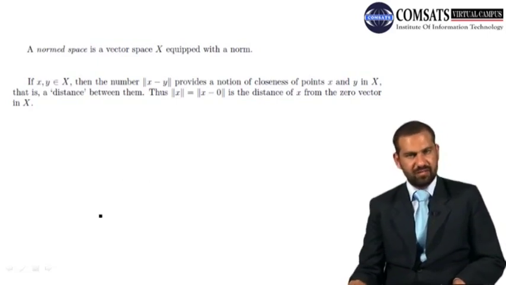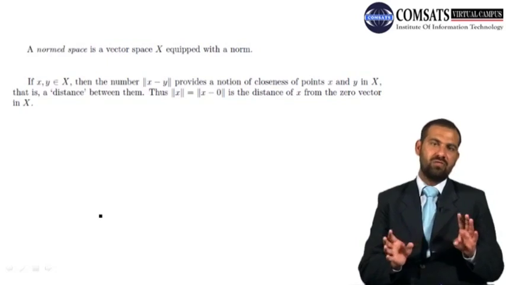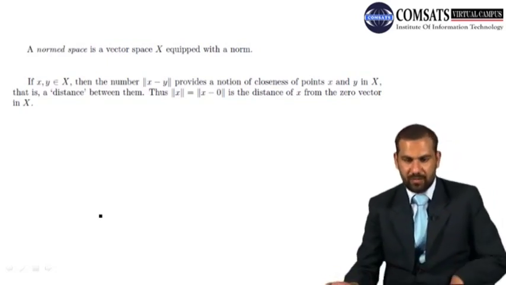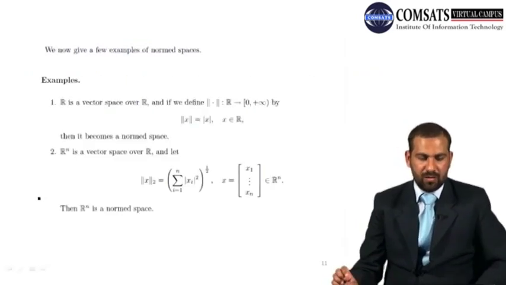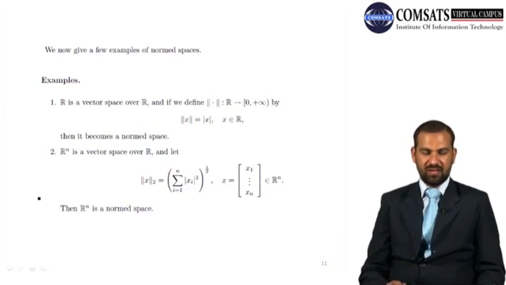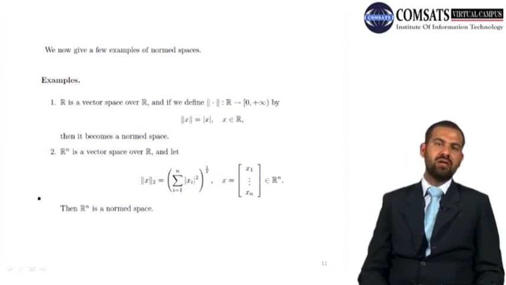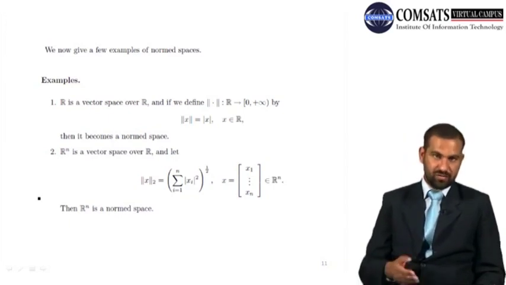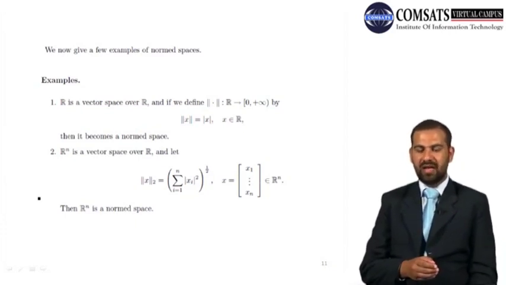Literally we describe the metric space and see how the norms and metrics will be merged together and some of their beautiful characteristics. Now we discuss some examples on norm spaces. The very first example of norm is on vector spaces. If you have R, which is a vector space we saw previously, and if we define a norm on that